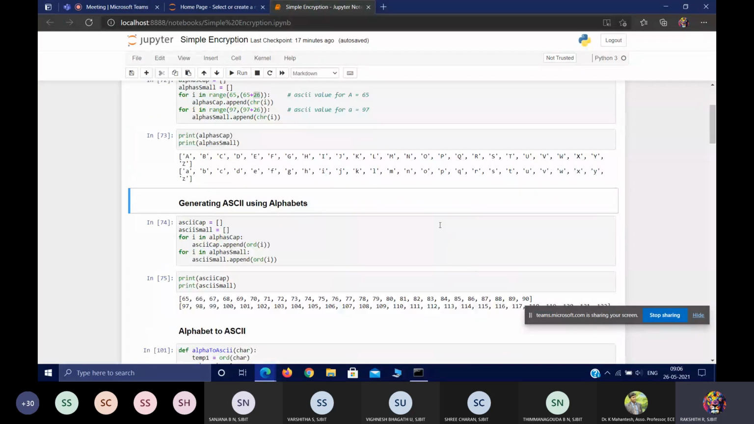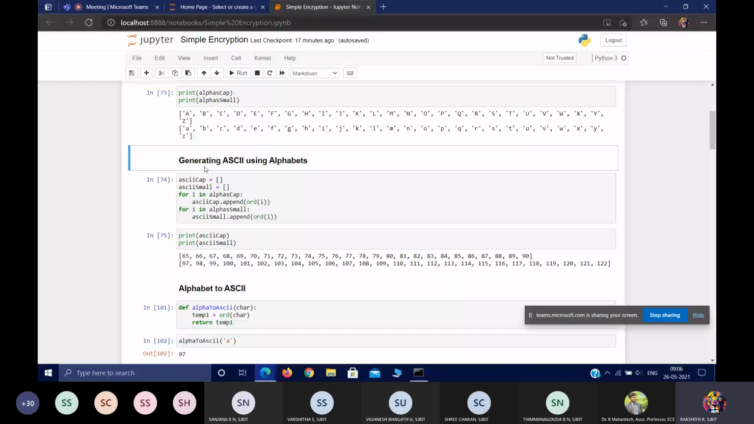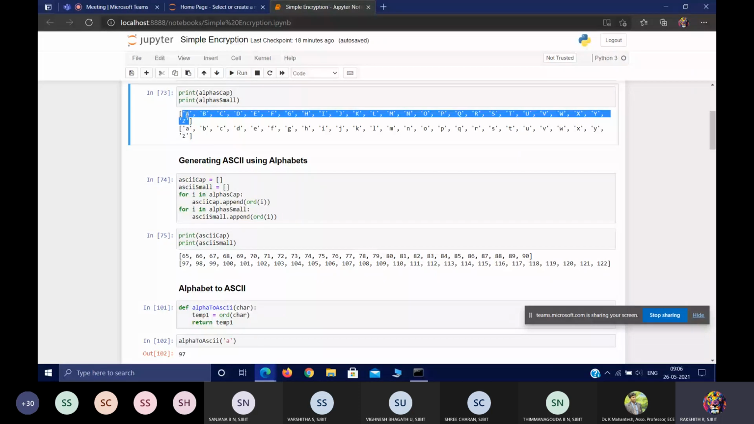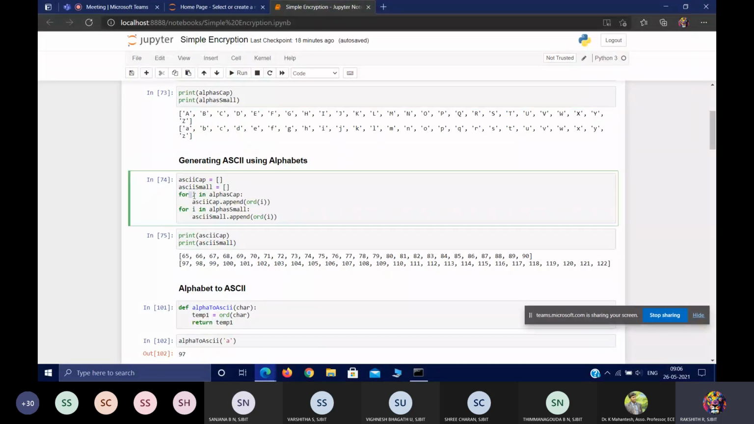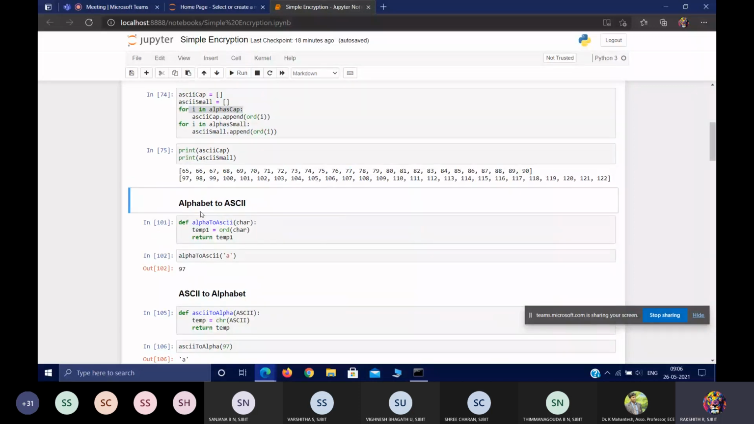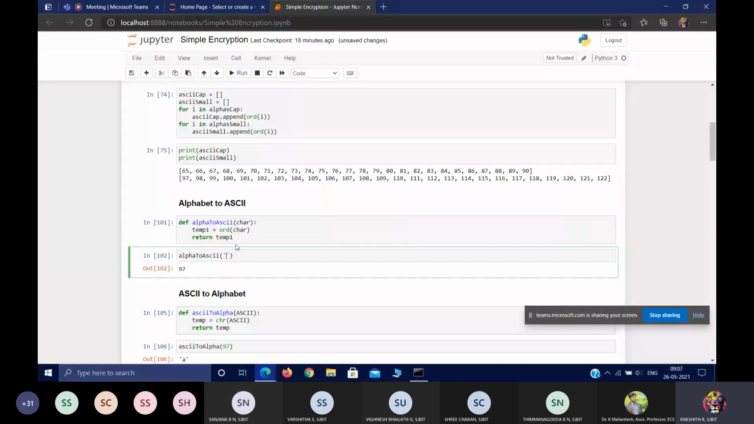You can also get the ASCII code of a character by iterating through the alphabets we generated. If we pass the list here, for i in alpha cap, you get 65 to 90. Similarly, we can create a function so that if we pass a particular character, we get the output. For example, if I pass A, you get 97. If I pass F,